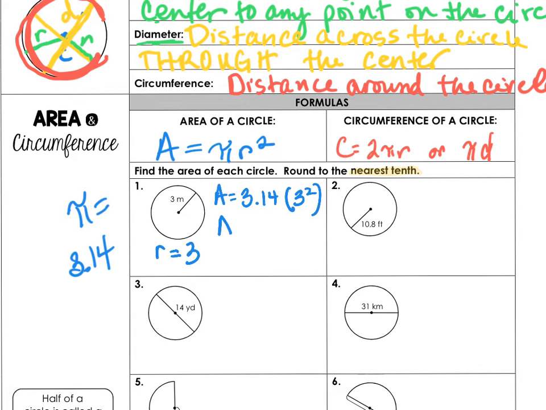So then area equals 3.14 times 9. I am going to have a little itty bitty teeny tiny bit of a heart and say that you can go ahead and not write that step. Then area,